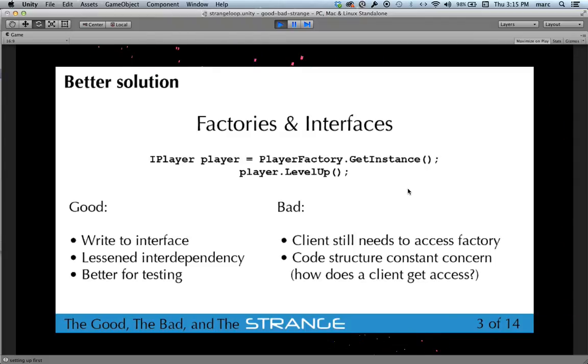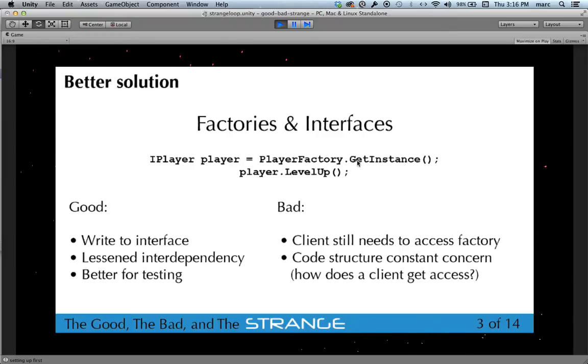And that's cool. So this is a little better, and I know that an iPlayer has methods like add score, level up, birth, die, whatever methods and properties we want to define can be put into the iPlayer interface. So now you've freed up your code from the concrete dependency on player model.